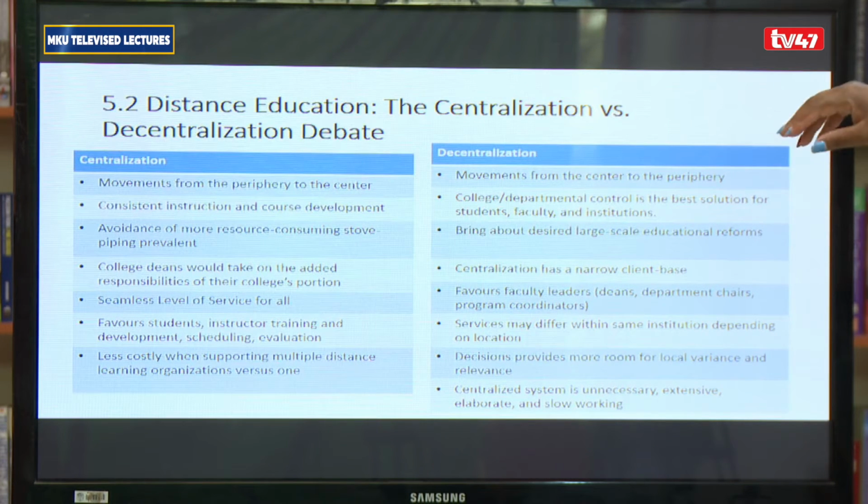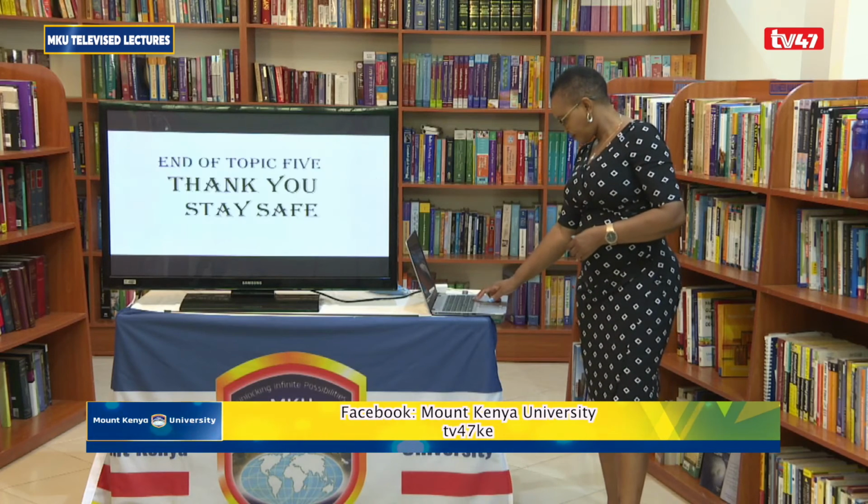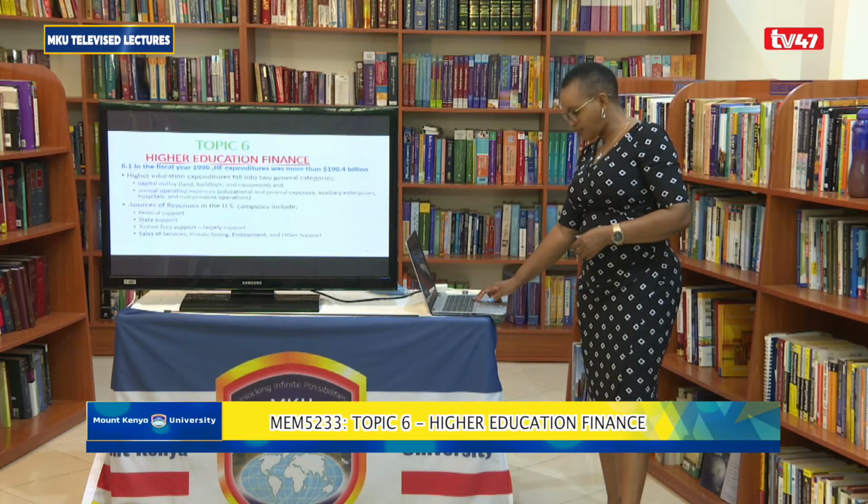So we can have centralization where things come from the same point, decentralization where actually there are different areas of operations. We don't have to receive the content or directions from the same point. I may not want to discuss this because these are areas that we can discuss and see. Of course, we understand sometimes, because even in education, even in the very levels that we know, we also know that there are levels of centralization and decentralization. So we may not actually need to talk about this a lot. Higher education and financing.